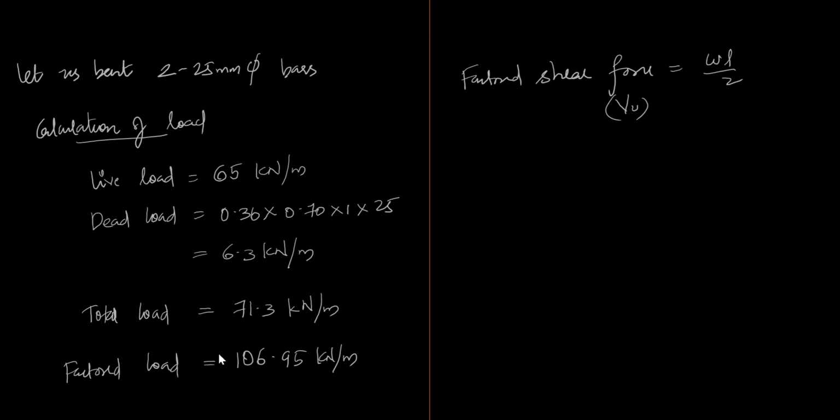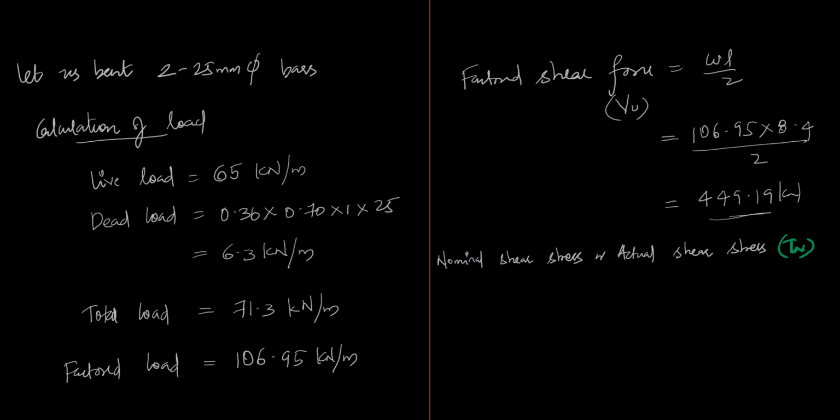Calculating the factored shear force, that is your VU, I will get it as WL by 2, that is 106.95 into 8.4 divided by 2, I will get this value as 449.19 kilonewton. So for this value, we need to design for shear. That is, it is to be taken by the concrete, main reinforcement and if needed shear reinforcement. So the nominal shear stress or actual shear stress τV I can calculate as